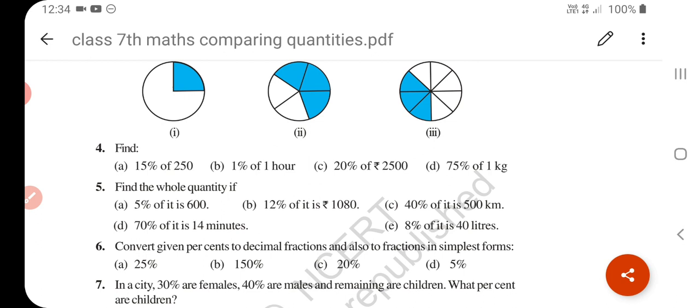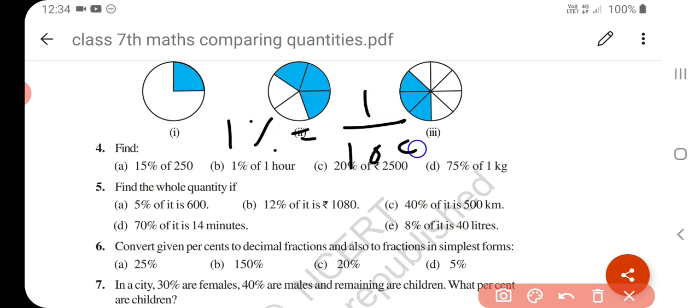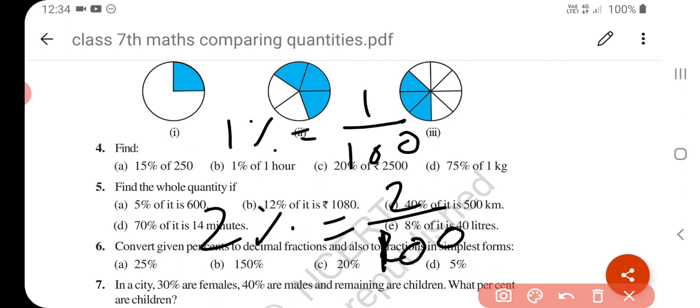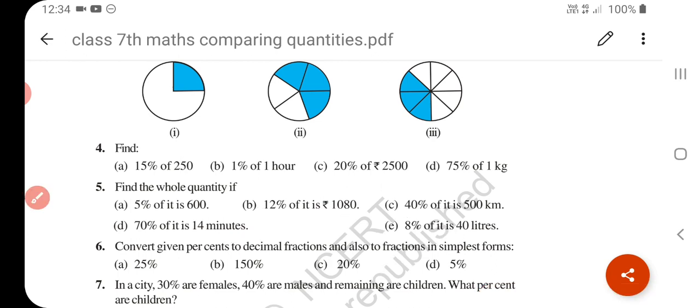Now percentage, another way of comparing quantity. Percentages are numerators of a fraction with denominator 100. We can say that if the denominator is 100, it's the meaning of percentage. What is the meaning of percent? Percent is derived from the Latin word percentum, meaning per 100. If we talk about 1%, what is the meaning of 1%? 1% means 1 upon 100. What is the meaning of 2%? 2% means 2 upon 100. Understand? So this is the way we denote percent. And percent when total is not 100.